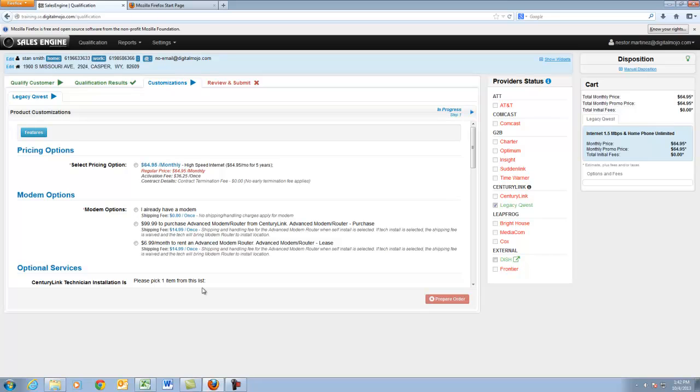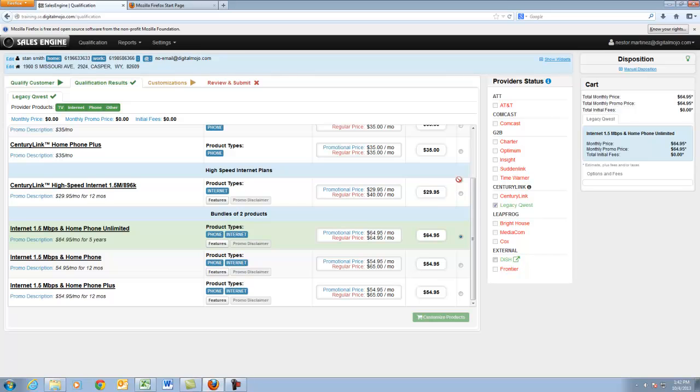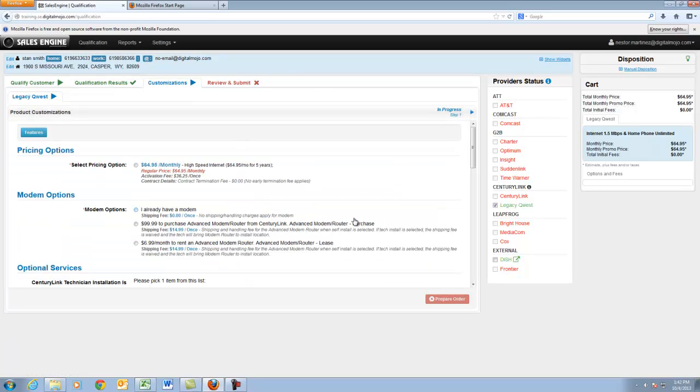But let's say that at this point the customer says, you know what, I changed my mind, I just want to get the internet service. I can't do the phone service right now, I actually don't need it. I cannot move backward and make the changes. As you can see, I don't have that option. So what does the agent do? They tell the customer, no problem, let me just go ahead and get this fixed for you. Now the only option the agent has right here is that they have to click on the qualifications black button. But if they do that, this is going to reload the page, so they're going to have to gather all